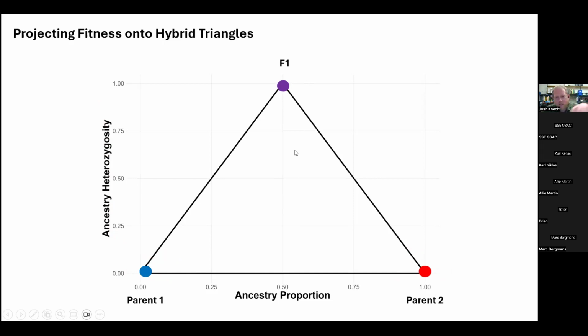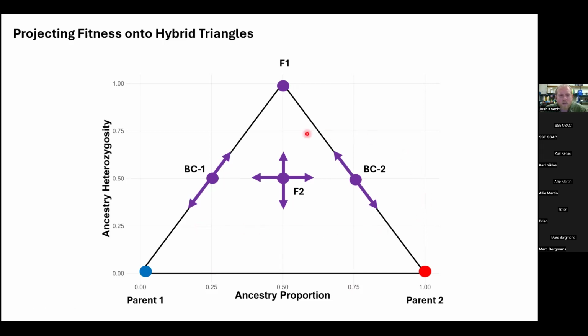And so every single hybrid genotype will fall on this plot. The F2s will be smack dab in the middle here, where they're intermediate for ancestry and heterozygosity, right? We would expect them to have a 1 to 2 to 1 ratio of parent, heterozygotes, to other parent. And then if you make backcrosses between the F1 and the parents, they are right on the upper legs of this triangle, where they're maxed out for heterozygosity given a certain ancestry proportion. And so even though we might miss, with these six crosses, a broad range of genotypes, especially down here in the lower regions,